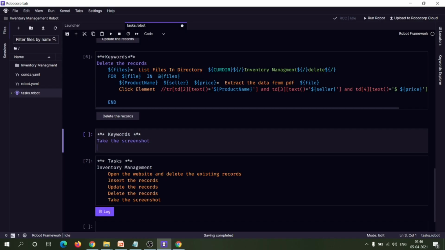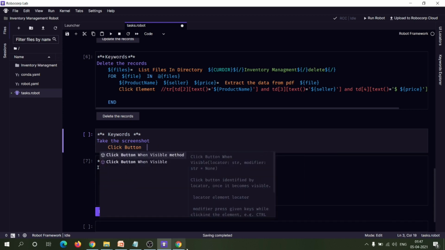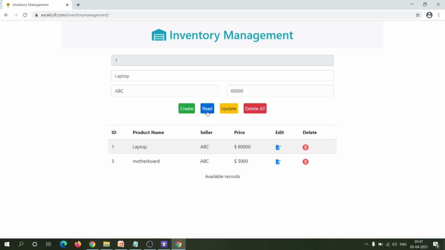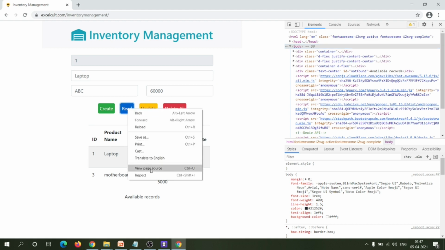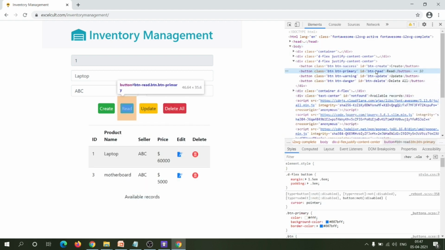So for that we can use click button to click the read button. We have to pass the locator of the button as an argument. So we can pass the ID of the button as an argument.